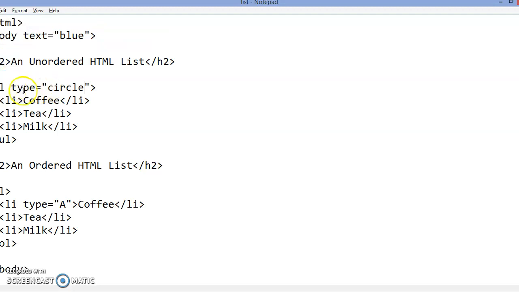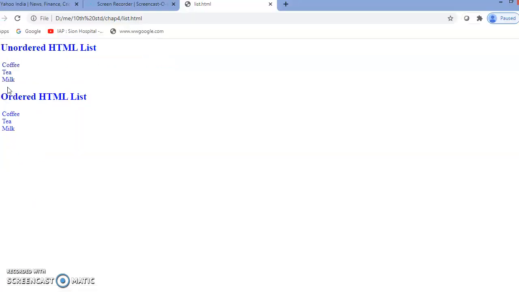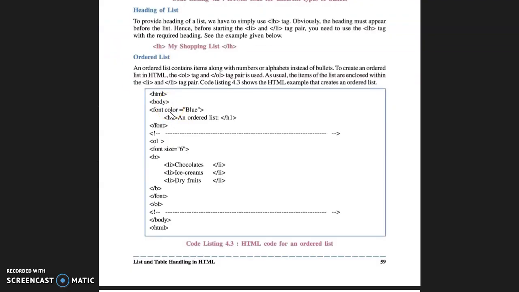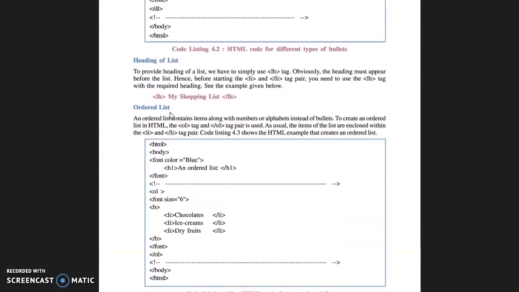And if you do not define the type of UL, it will be a filled circle. That is the difference when we define specific bullets or specific numbers. So today we cover two topics, ordered list and unordered list.